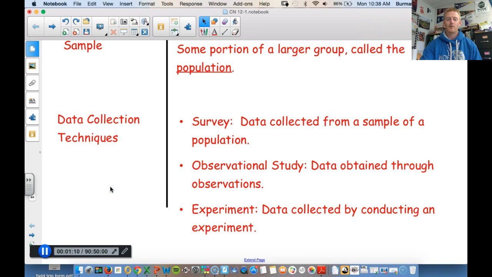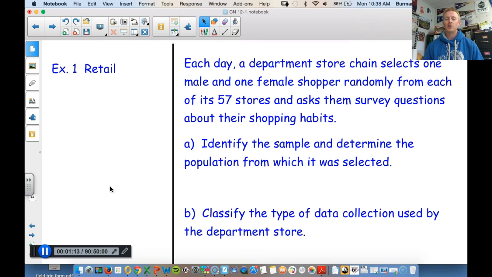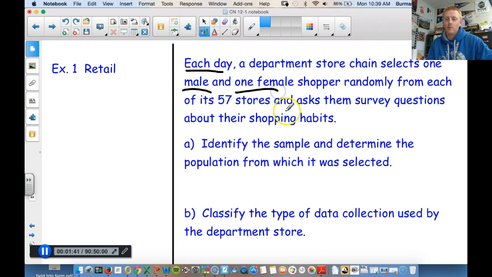All right, we'll get on to our next one here. Our first example says that each day a department store chain selects one male and one female shopper randomly from each of its 57 stores and asks them survey questions about their shopping habits. Our job is to identify the sample and determine the population. So the sample is the people that they're going to talk to. So that means each day, they're going to talk to one male and one female shopper from the 57 stores. So that's 57 males, and that's 57 females each day